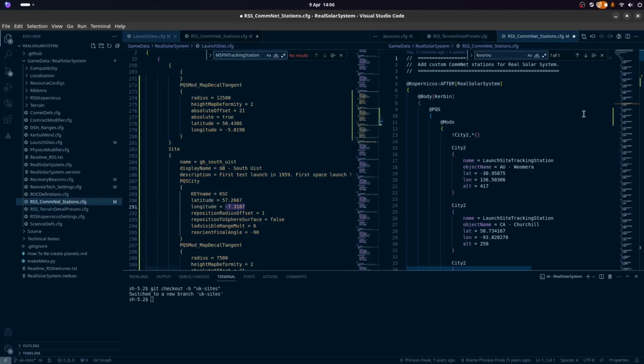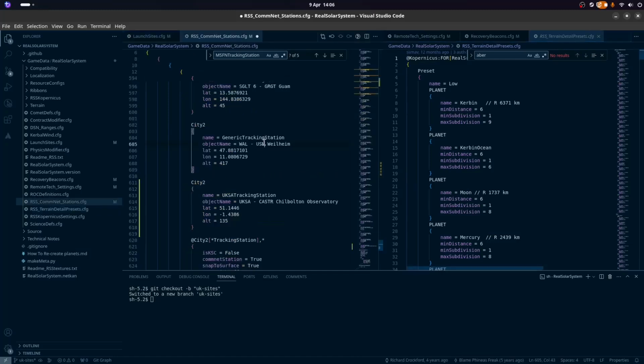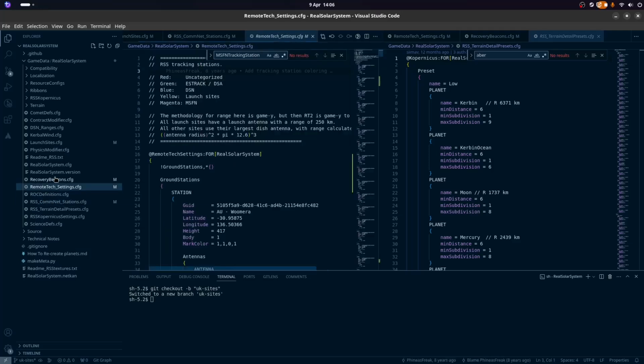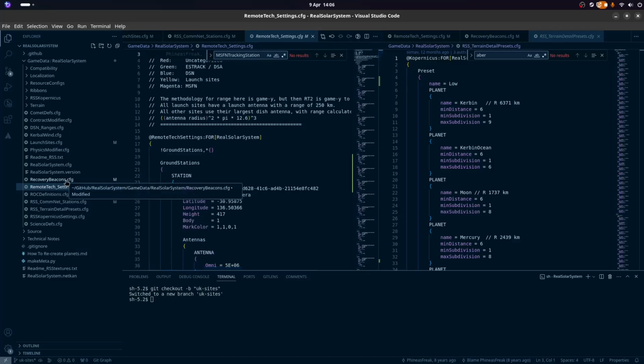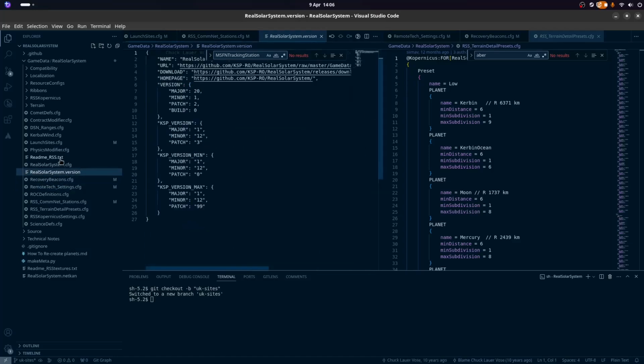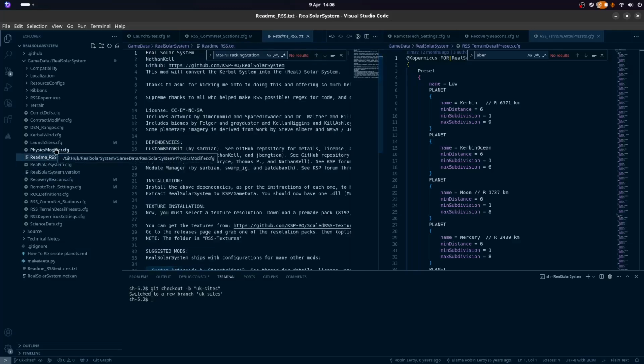So we have Comnet stations, do we have? We do have Aberporth. We have remote tech settings, we have done that. Recovery beacons, we have done that. Rail service system, readme, yes.